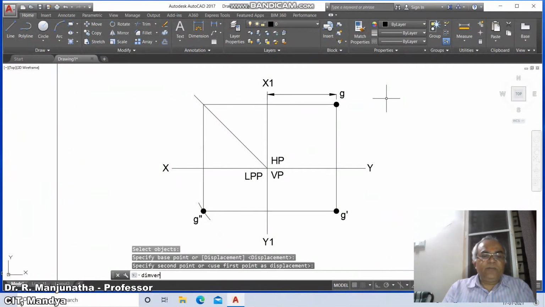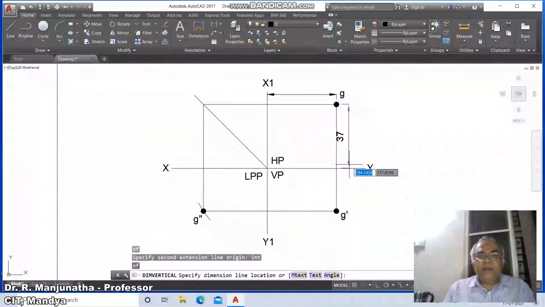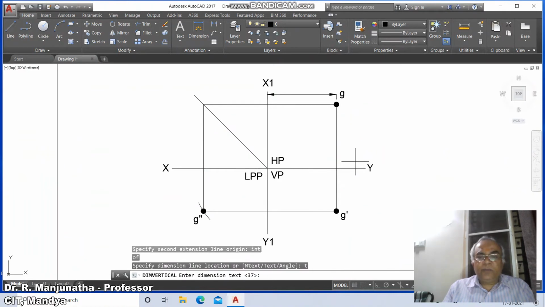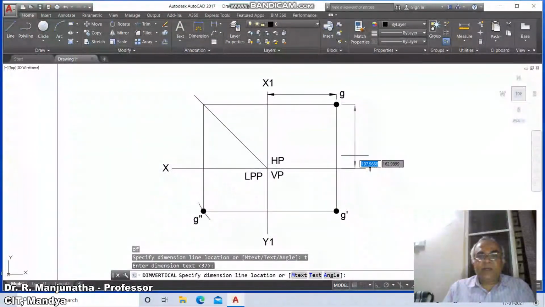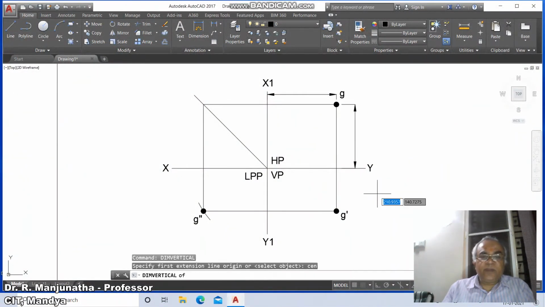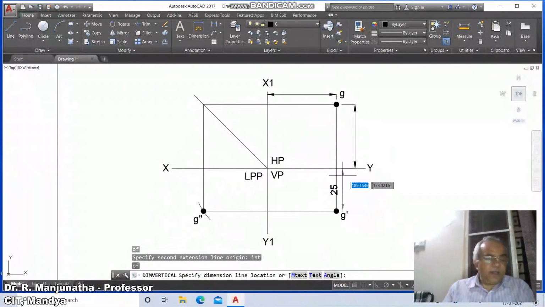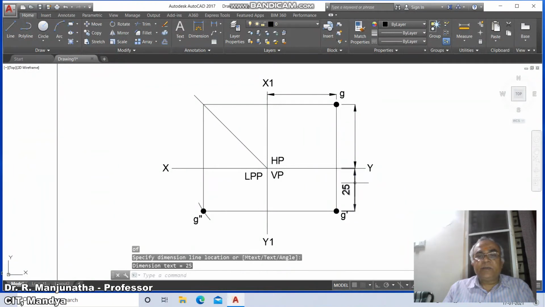Similarly dim vertical, take the center of this, take the intersection of this, and here go to text and make it 0, space bar, and enter dimension line location, place it wherever you want. Then go to dim vertical, take the center of this and take the intersection point of this, and here this distance is 25.